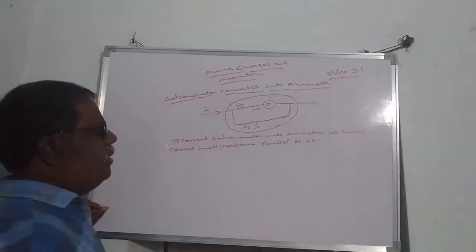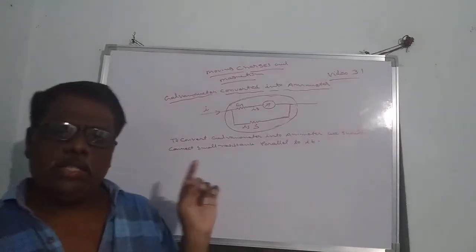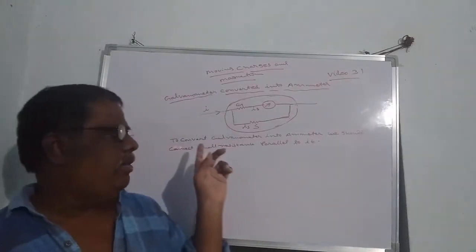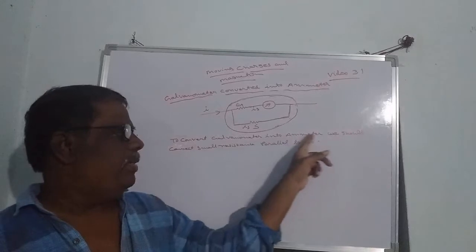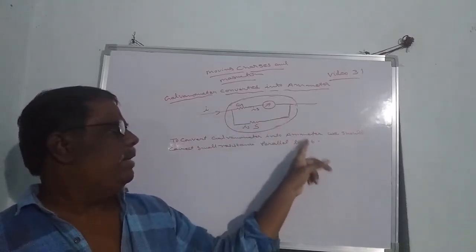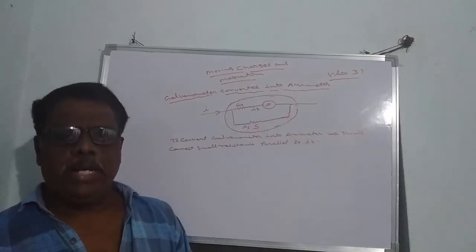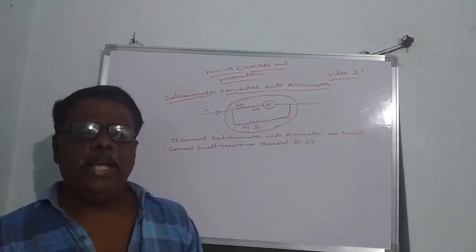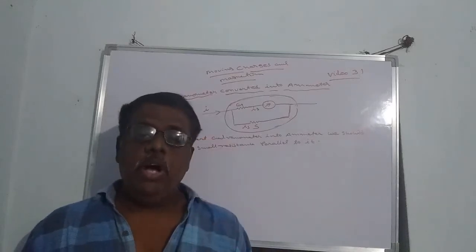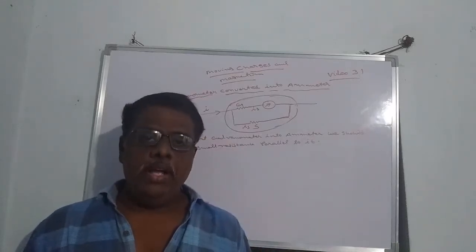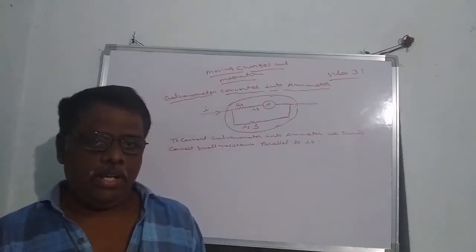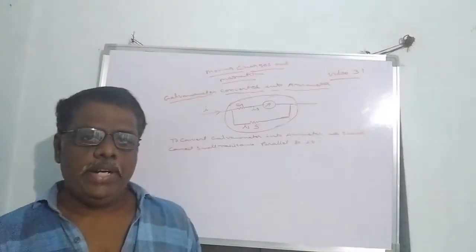This is the important point. In 2 marks also they may ask, how do you convert a galvanometer into an ammeter? Then we have to write, to convert a galvanometer into an ammeter, we should connect a small resistance parallel to that galvanometer. Then it will behave like an ammeter. An ideal ammeter resistance will be equal to 0. Ammeter is used to measure current. Ammeter should always be connected in series in the circuit. These are all the points we already studied.